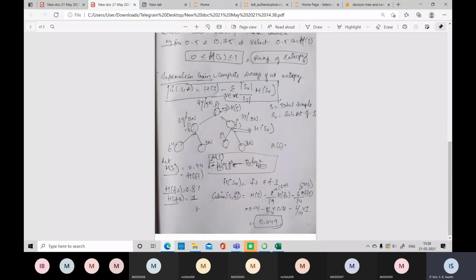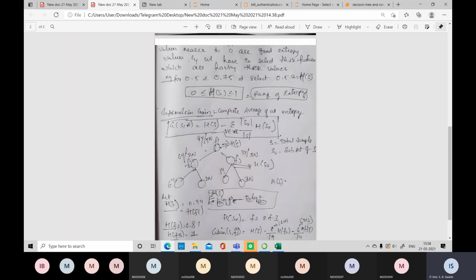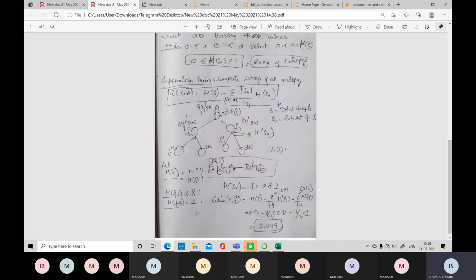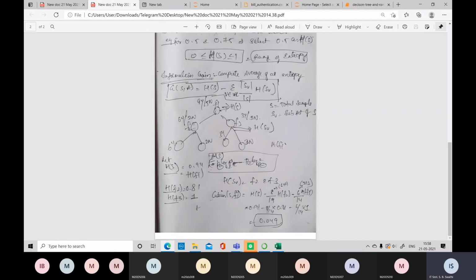Otherwise, if the value is very low, the value will be between 0 and 1. If the value is nearer to 0, it means the information gain, or the way you have structured the tree, is not proper. In this case, it should reach 1. 1 means the features you have chosen to build this tree are correct and the efficiency of the decision tree is also correct. So in information gain, we try to see that the summation should reach nearer to 1. Are you following?